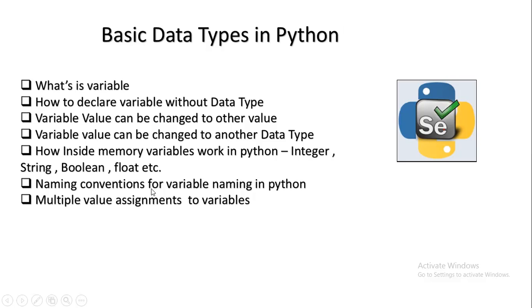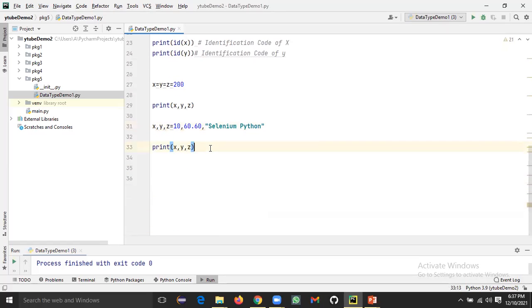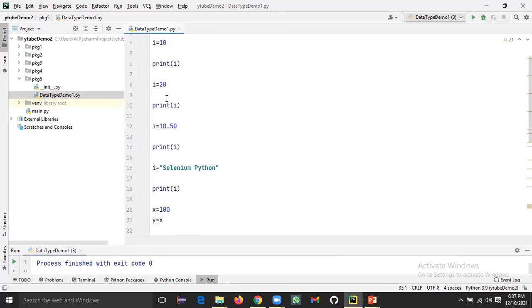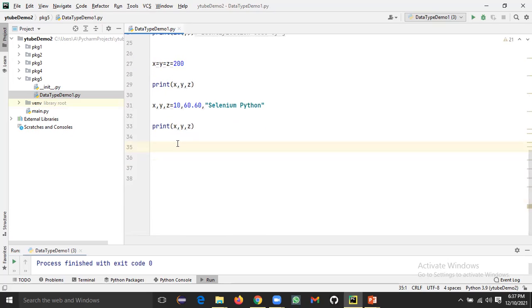Now, an important topic, let us learn the naming convention. All the naming conventions are the same, but we should not use the existing keywords in Python to declare a variable. We should avoid spaces, and we should always start variables with a small letter. If the names are very lengthy, for example account number, we should try to have the first letter small and the subsequent ones capital. But in this case, we should use an underscore, account_number equal to 10. So this way we should use it.